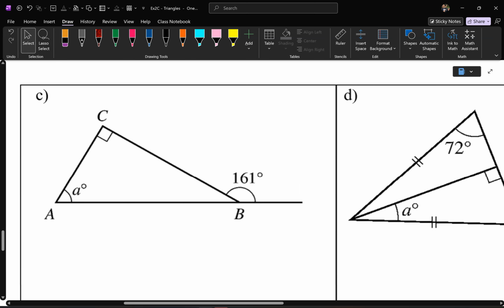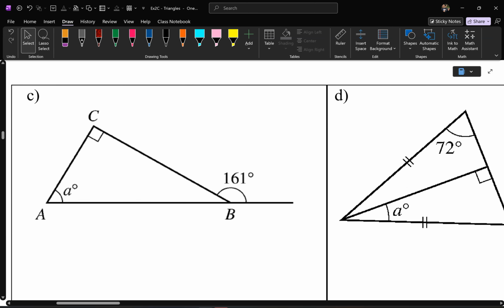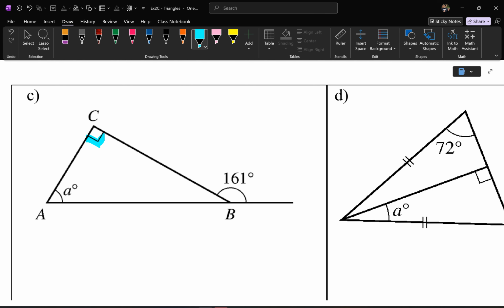All right, let's try C. Let's pick another person. What does this box mean? Can I please have Osman? What does this little symbol mean? 90 degrees. That means right angle. Okay, so I got A, I've got 90, and I've also got this